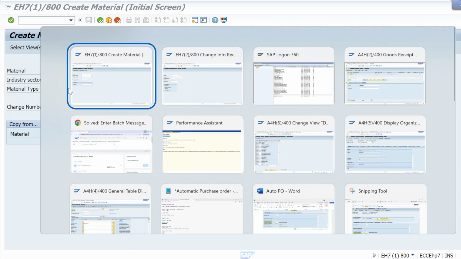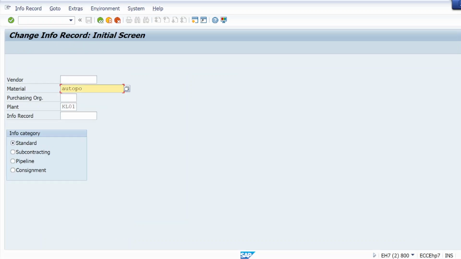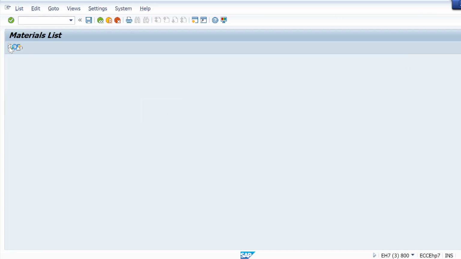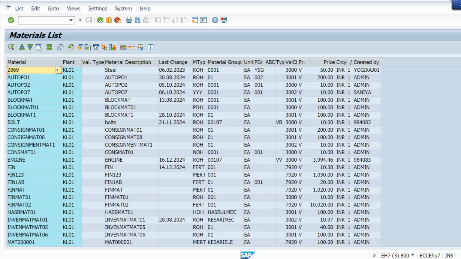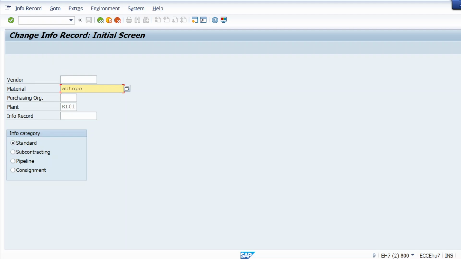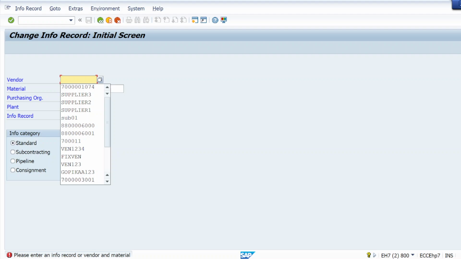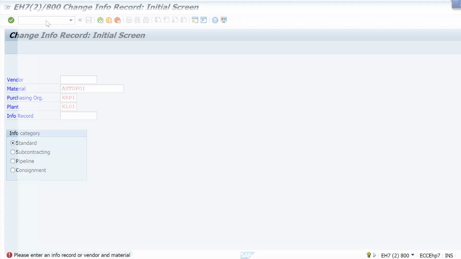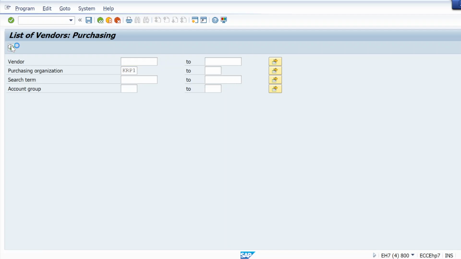List of material, auto PO1. Purchaser KRP1. Let me open the list of suppliers also.